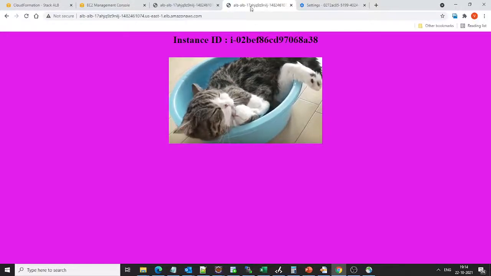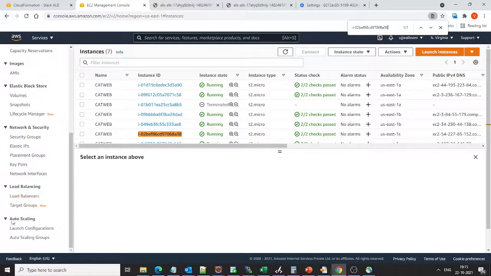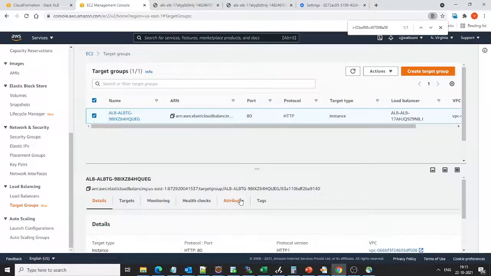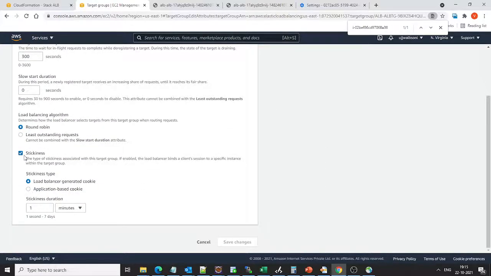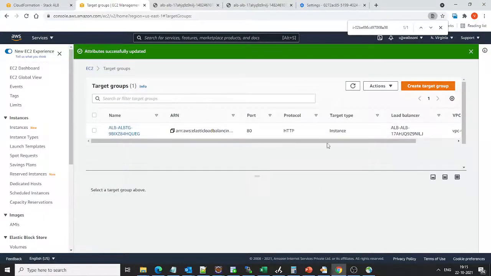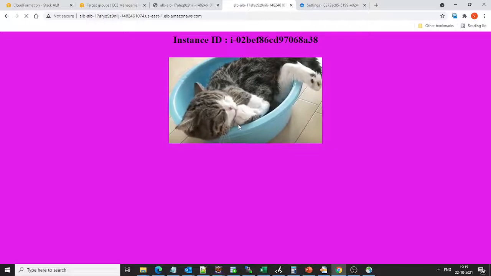Now let's try disabling the session stickiness. From the attributes, we'll click on edit, uncheck this option and click on save. Now we'll go back to the load balancer URL.